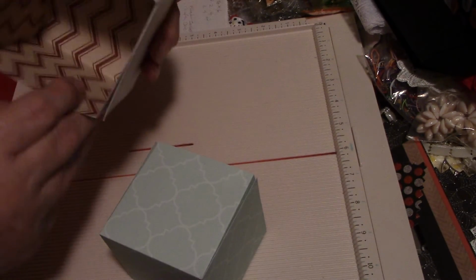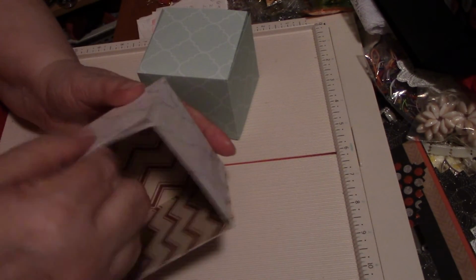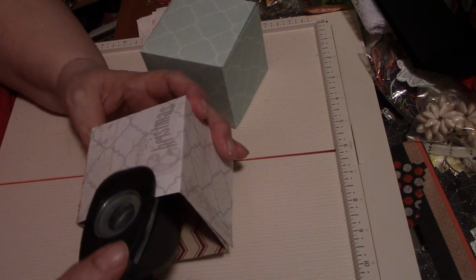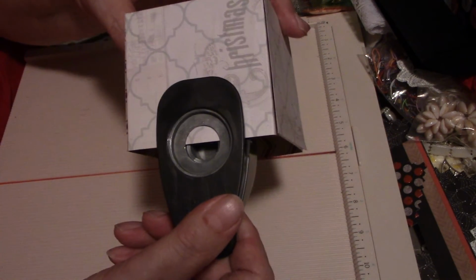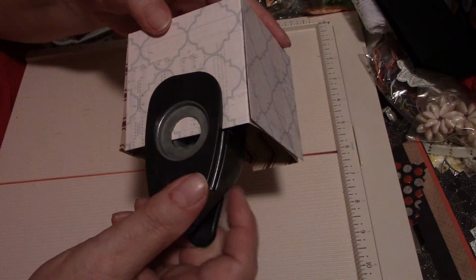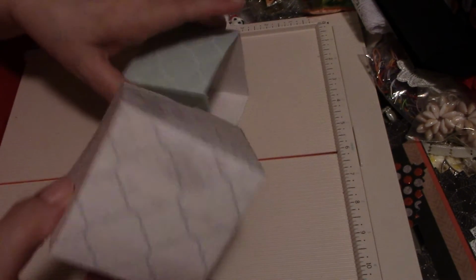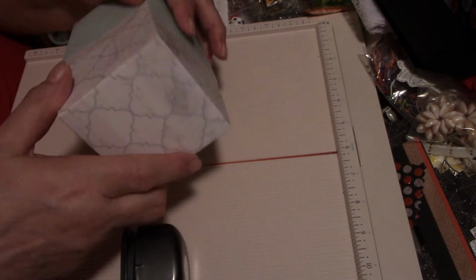And what I would suggest on the single sides, like you've got your ends there that you folded in, on the single side of your paper, just take a 1/2 inch or 1 inch punch and just punch in halfway and just take that out. Just come up halfway in the middle, and that'll give you a little finger hold there, so that when you do put it together again,